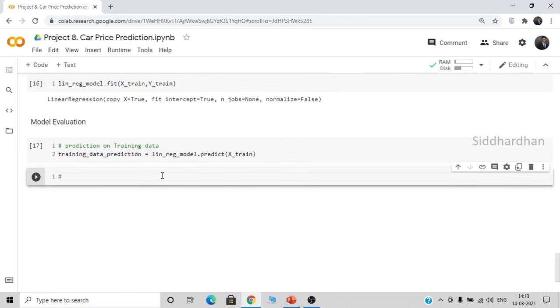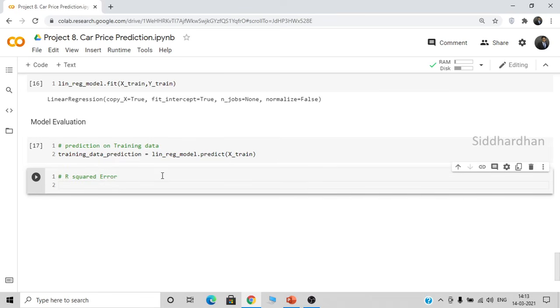For regression, we use various metrics such as R-squared error, mean absolute error, root mean square error, etc. In this case, I'll show you how you can use R-squared error, which is one of the important metrics. Let's create a variable as error score. So error score is equal to